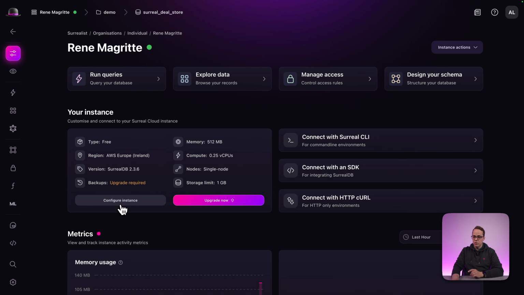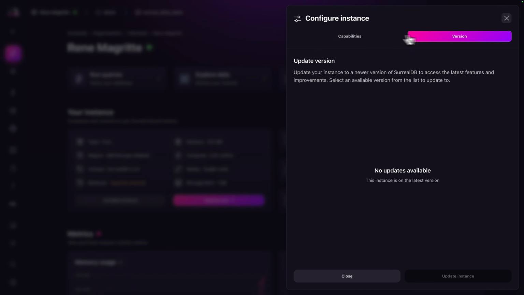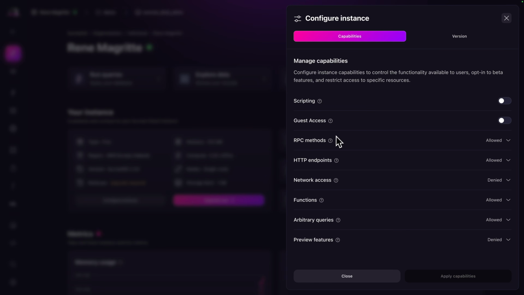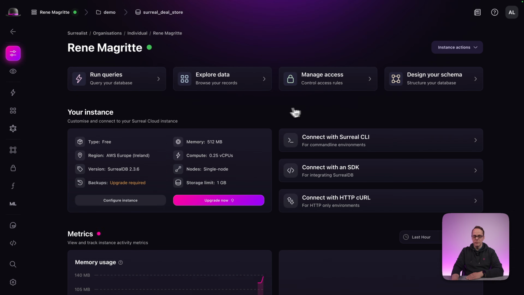And we can see the Configure Instance button. In the Configure Instance button, we have both capabilities and versions. In the capabilities, there are many things you can enable and disable, where most of the things are disabled by default, such as network access. Network access is a fascinating thing, and we have a specific video about that, which I recommend you watch as well. But if we go out of the instances,